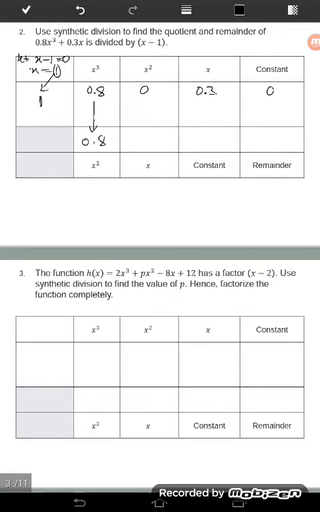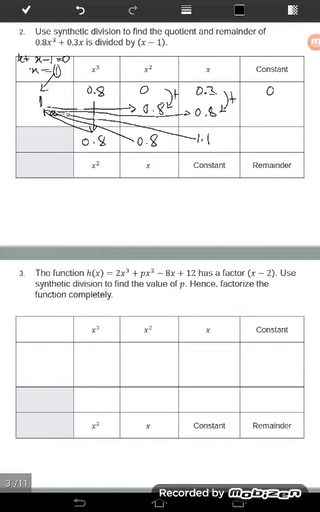Okay. So takutlah dengan nombor-nombor perpuluhan ni, tak payah takut. So buat macam biasa. Okay, so and then 0.8 times with 1, and then put here, 1 times 0.8, the answer is 0.8. And then 0 plus 0.8, it is equal to 0.8. Then 0.8 times with 1, darabkan dia, so put here 0.8. And then here 0.3 plus 0.8 which is 1.1.